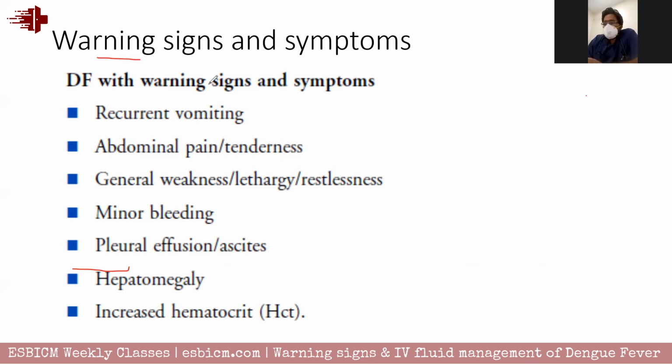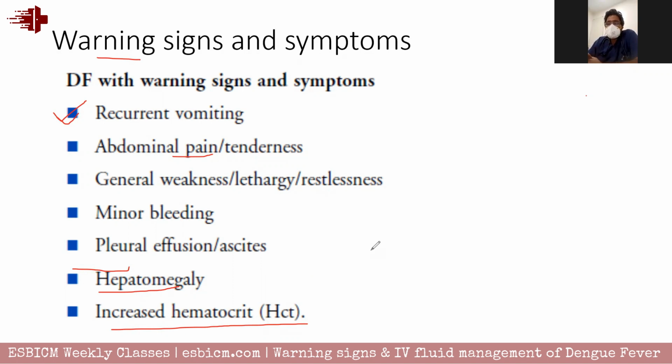In dengue, the patient will present with complaints of fever, but what are the warning signs when we should become alert? Other than fever, the patient may have abdominal pain, recurrent vomiting, postural hypotension, or sweating. Other signs are that the patient will have tachycardia, hepatomegaly, cold extremities, low pulse pressure, and increase in diastolic pressure. So these are the warning signs and symptoms.